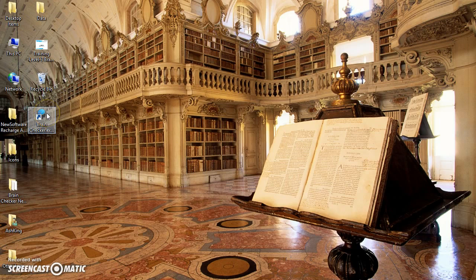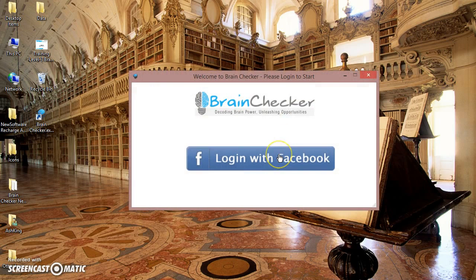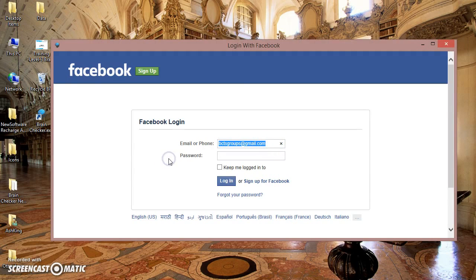As you can see here, the first thing you would be doing is to double click this particular icon, allow it to run. Once you do that, the software is going to ask you to authenticate yourself using your Facebook credentials. I'm going ahead to do that. Please remember, this is a one-time activity that each franchisee partner has to do in order to authenticate his or her own franchisee account.